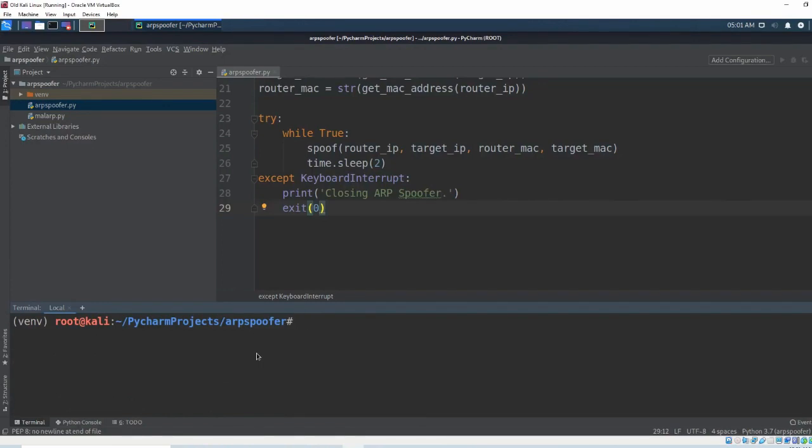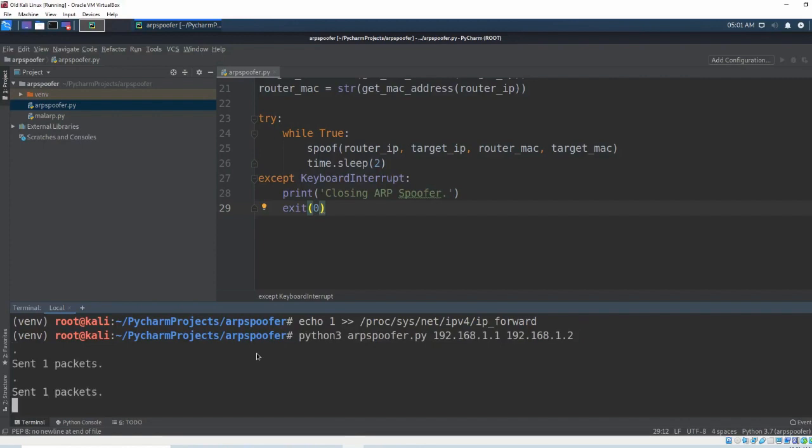We successfully spoofed both of the targets, but now we performed more of something like a DOS attack on both of these targets as they cannot connect to the internet anymore. That is because we are not forwarding packets from one target to another. In order to be able to forward the packets, we need to run the command inside of our terminal, which is echo 1, and then these 2 arrows to right, at this location, so /proc/sys/net/ipv4/ip_forward. Press enter, and if I run the program once again,